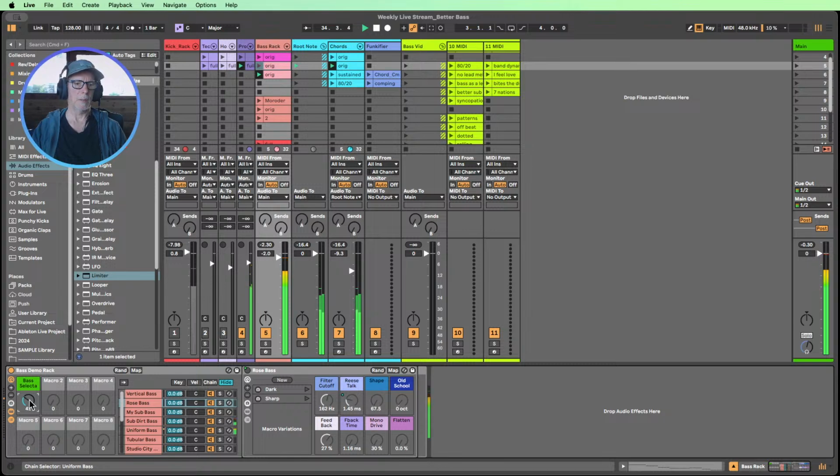Trying out some of the other basses so you can hear what they sound like with that pattern. Way too plucky. Could be nice. We put the pattern with the chops.